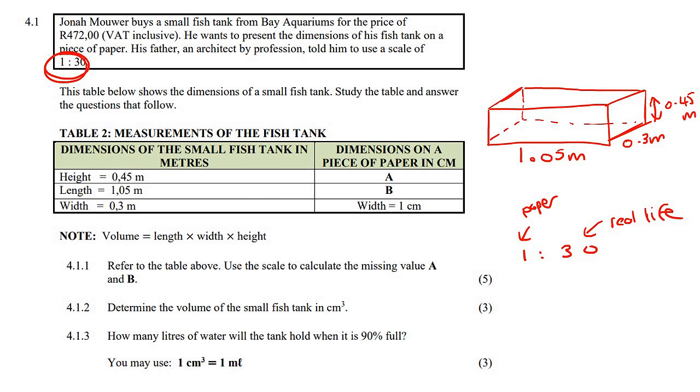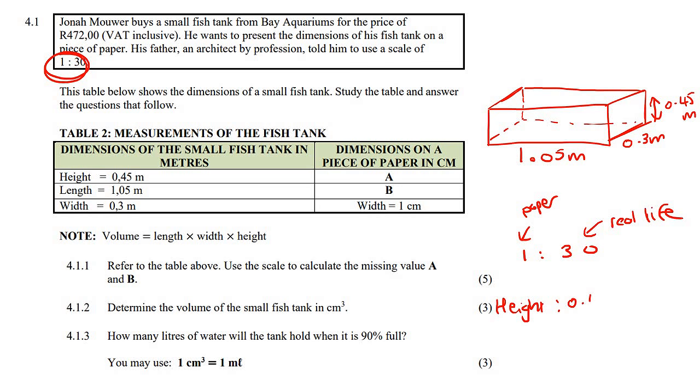Can you see that the real life one is 30 times larger than the paper one? So if we already know the height in real life, how could we convert that into the paper one? Would we multiply by 30 or divide? Well, remember, the real life number is bigger. So this is the real life number. So what we'll do